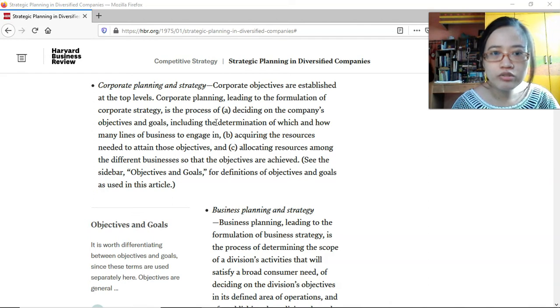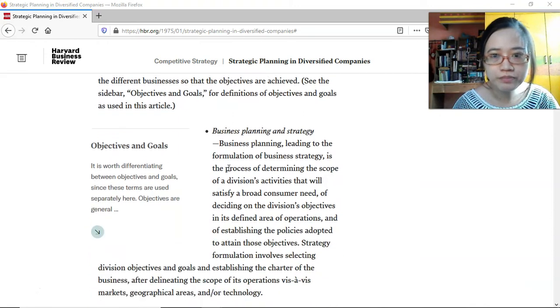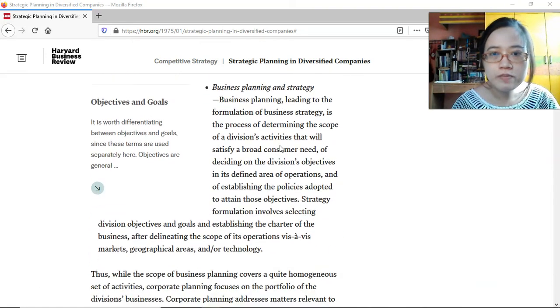Including determination of which and how many lines of business to engage in. Secondly, acquiring resources needed to attain those objectives. And then thirdly, allocating resources among the different businesses so that the objectives are achieved. Okay? Tapos yan sa business planning naman or strategy, leading to the formulation of business strategy is the process of